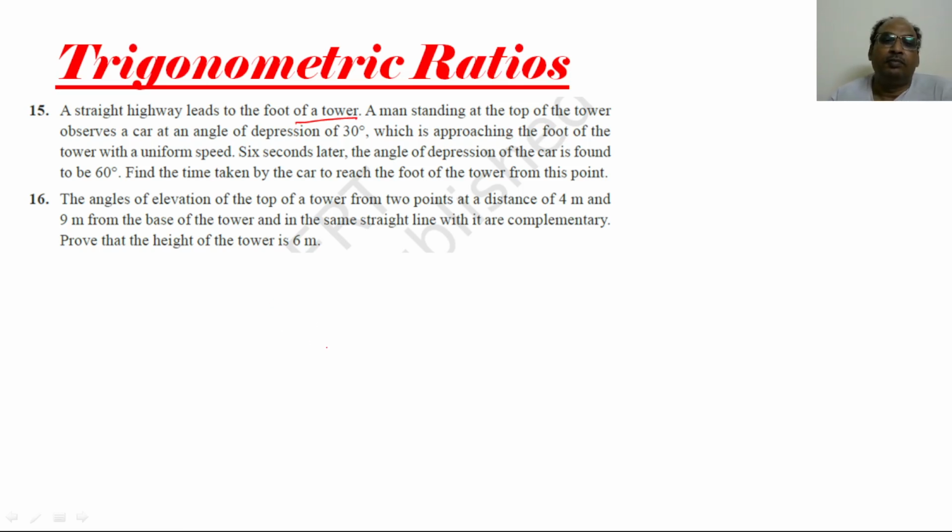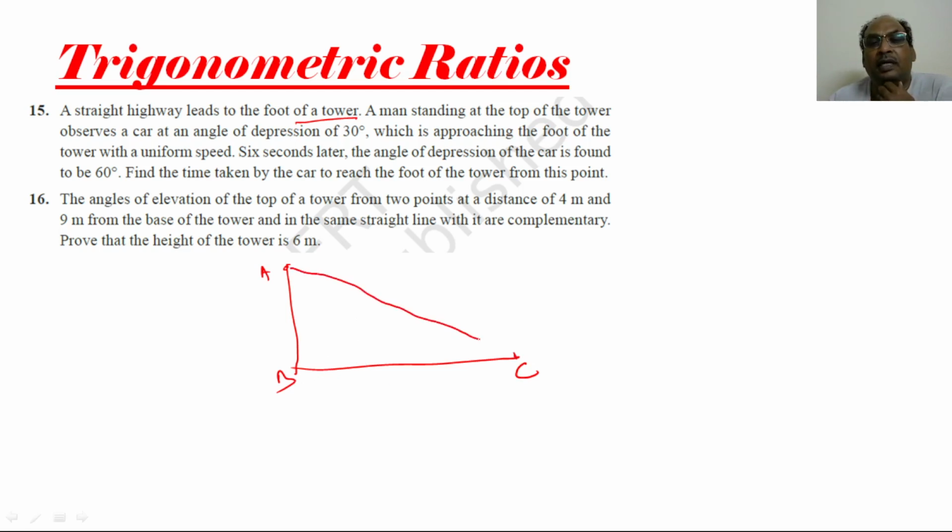So there is a straight highway, the foot of the tower is there, and the man is standing at the top of the tower. A, B, C, suppose the car is here. The top of the tower observes the car at an angle of depression of 30 degree,